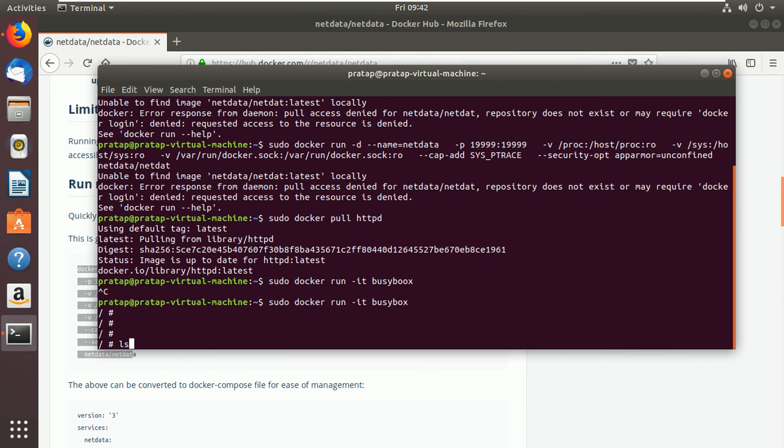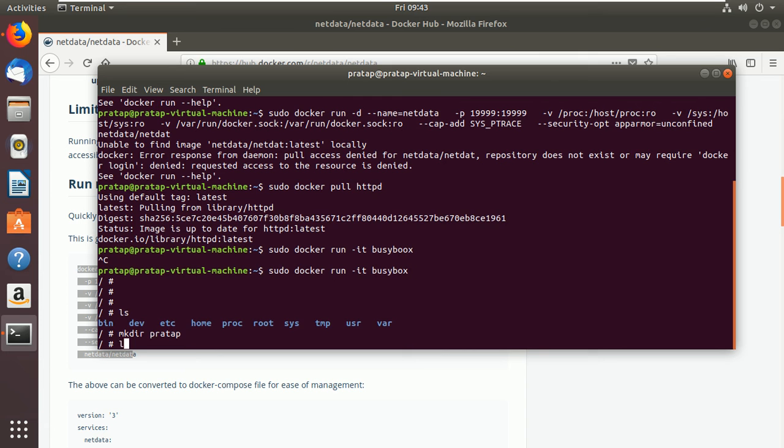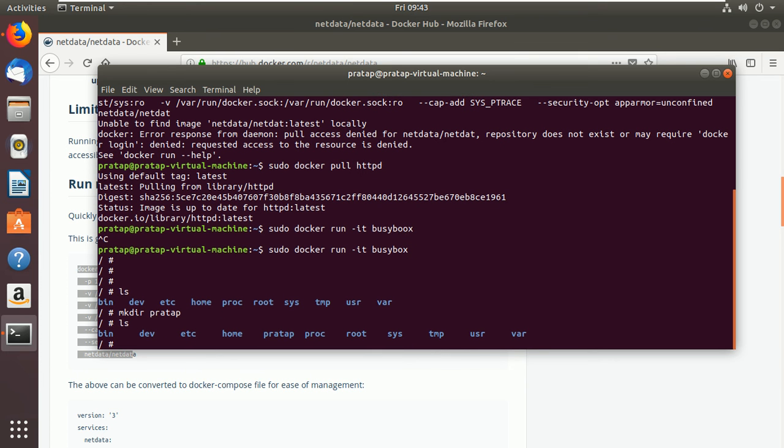Now you can put here ls. You can see it here. If you are creating busybox, that Docker, we have created that one container, right? So which is your busybox, and inside that these other things are available right now. If you want to create mkdir, let's say Pratap, so you can create. Now see, did Pratap come here? Okay. Now anything you would like to put here, we are writing inside that, right?